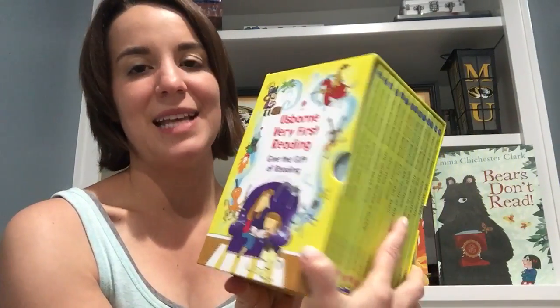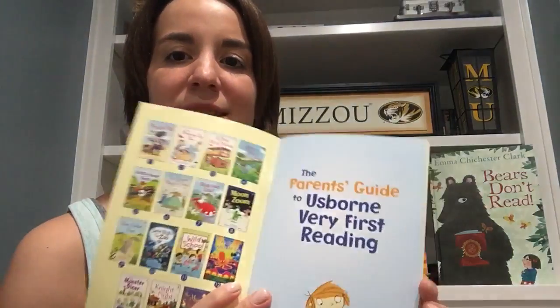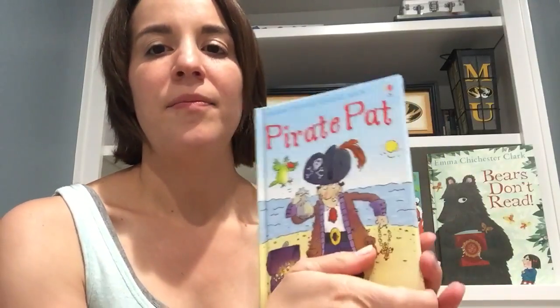Also, for phonics, we have the Usborne very first reading set. So this would be a really good one to kind of grow into, but it has that phonics set or base. And this is the parent's guide. So it kind of tells you how you can best use this to help your child. So the first one, Pirate Pat,